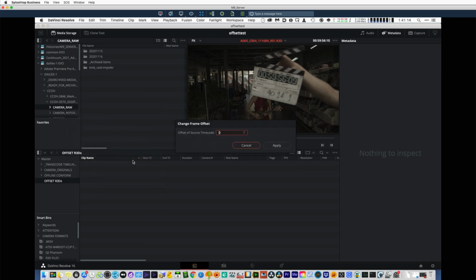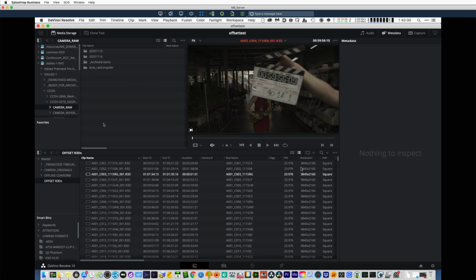So if I go like this, it'll say how many frames you want to offset the timecode of all the media I import. So in this case, I wanted to offset it by 1. And I think you can probably do negative if you want, but it's off by 1. So if the media has a consistent offset from the thing you need to align to, and this will probably work for audio as well. If you had BWAV files or anything with embedded timecode, this is another way to deal with that. So if I hit apply,